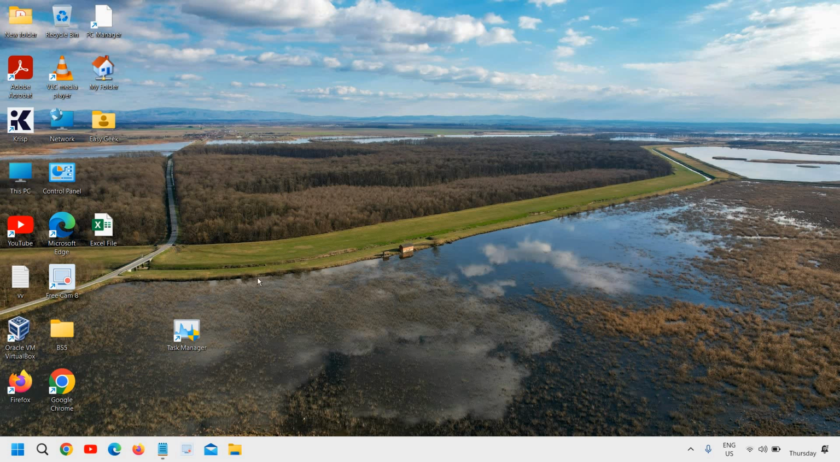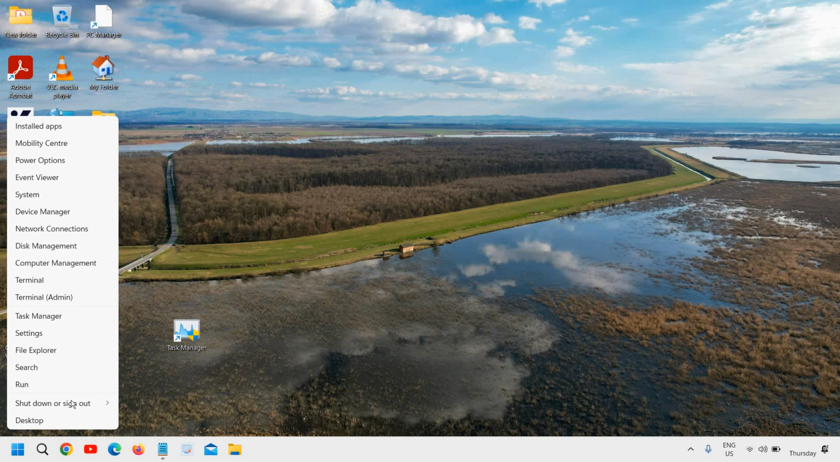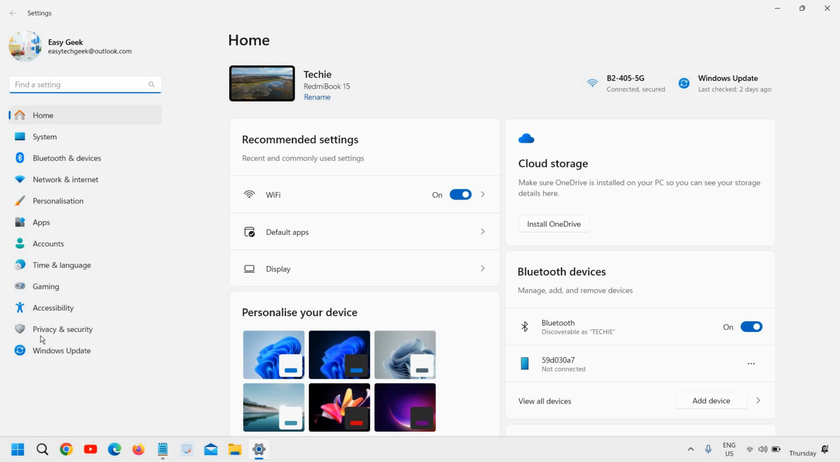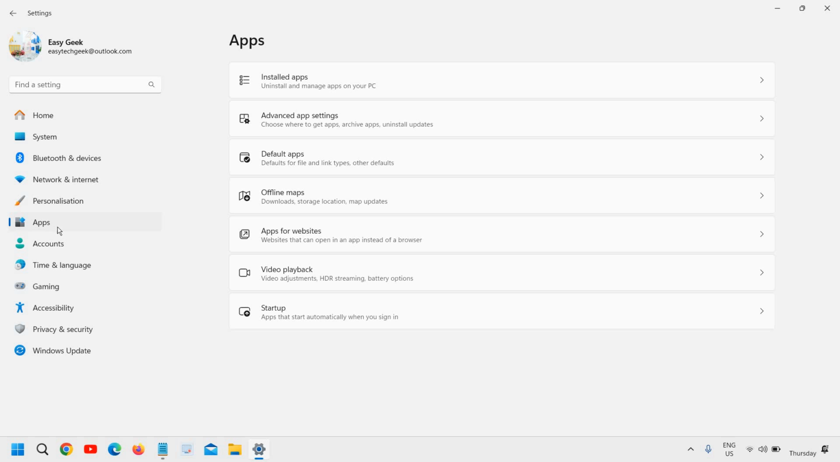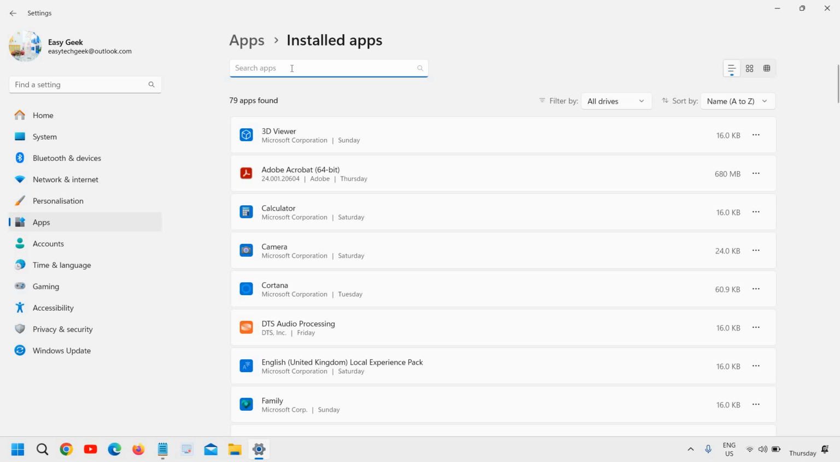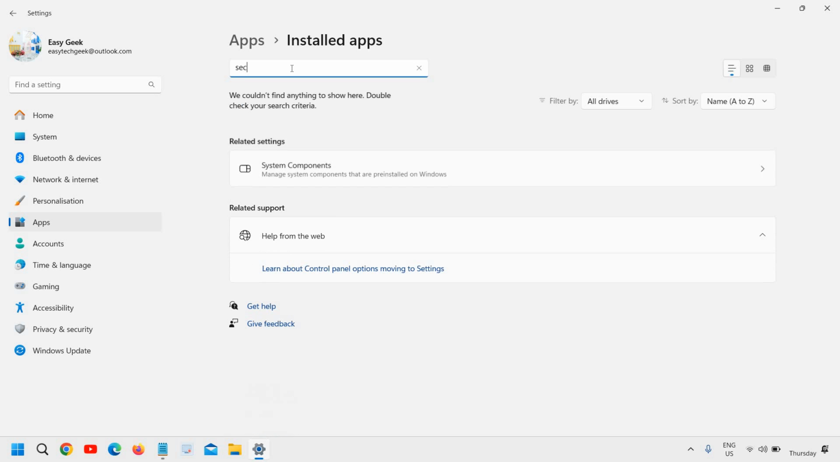So the very first step here is to right click on the Start icon, and then go to Settings, and this will work on both Windows 10 and Windows 11. Here on the left-hand side we need to go to Apps, and then at the very top we can go to Installed apps. Now here you need to search security. I'll type SECU,